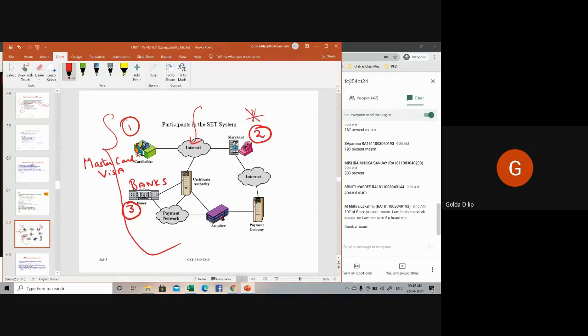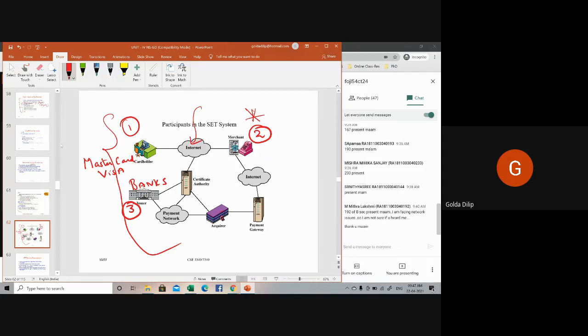Responsible for the card holder's debit payment. Those who have been using credit cards will know about it. Monthly, you will be getting a card statement, the spending expenses, how much you are expected to pay, how you are planning to pay, all the details. So that's the third party involved, the issuer. First was the card holder, second was the merchant, the third is the issuer. Issuer is nothing but the bank.